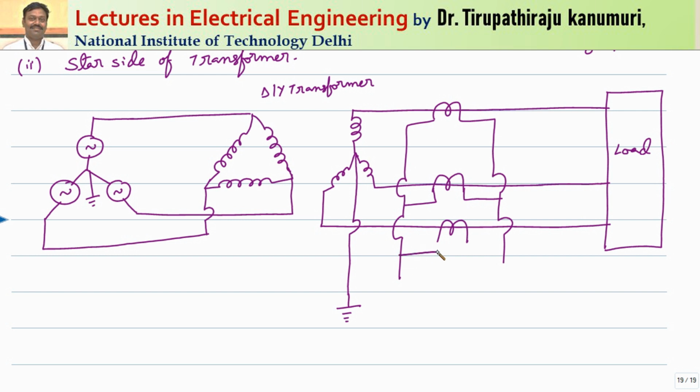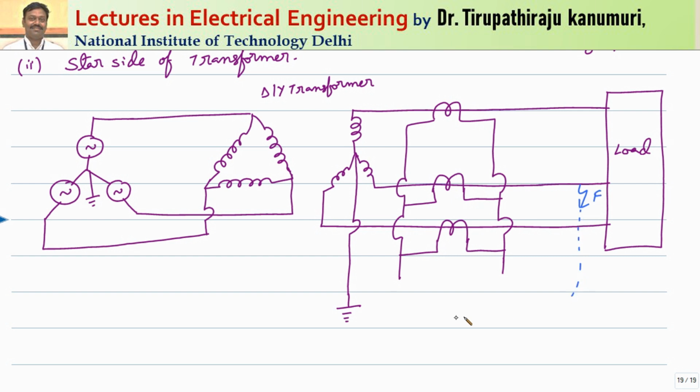They are connected in parallel. But the problem with this one is, when they are connected in parallel, let us assume some fault has happened on the external side. Let us take, for example, and I am taking some different color, some fault has happened in this phase. So whenever the fault happens in this phase, what happens?